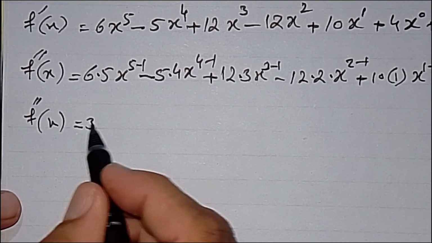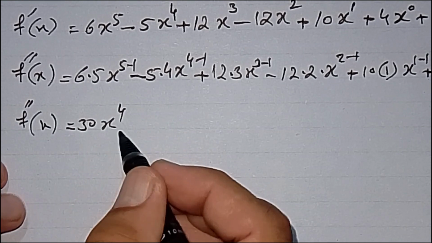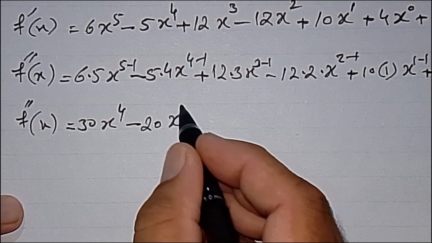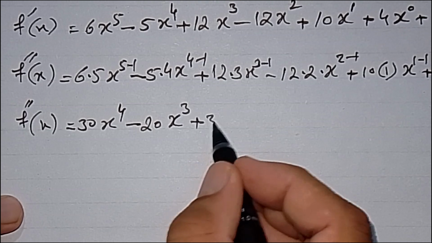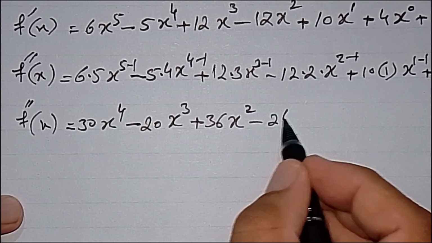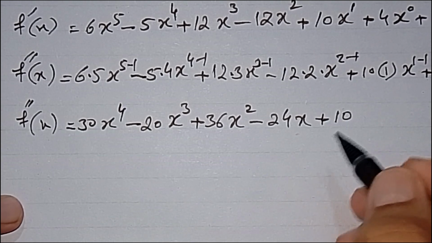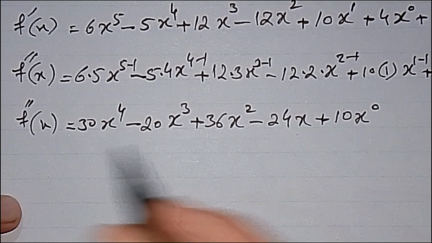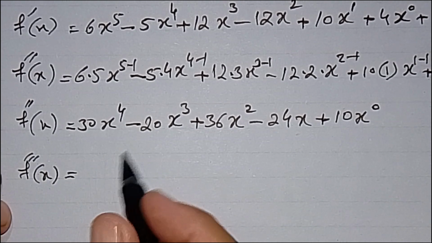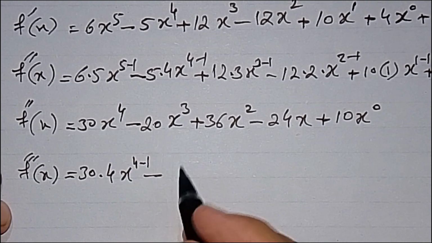6 into 5 is 30, 30 x raised to the power 4, minus 5 into 4 is 20, 20 x raised to the power 3, plus 12 into 3 is 36, 36 x square, minus 24 x plus 10 x raised to the power 0. Now f triple dash x is equal to 30 into 4 x raised to the power 4 minus 1, minus 20